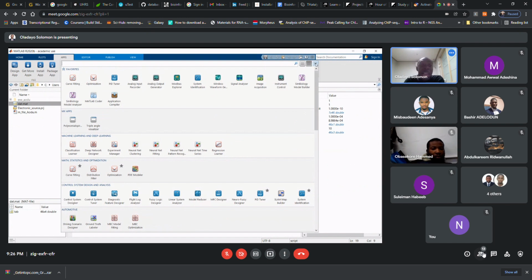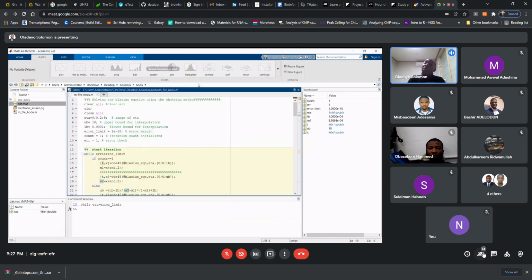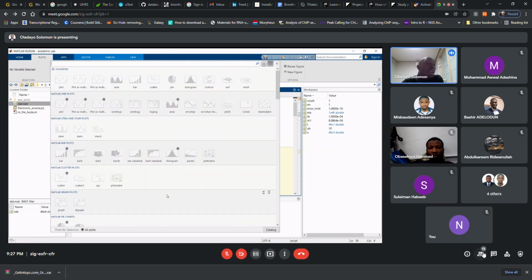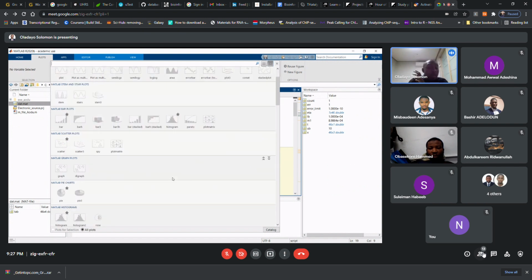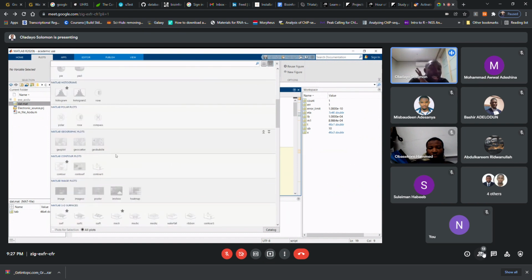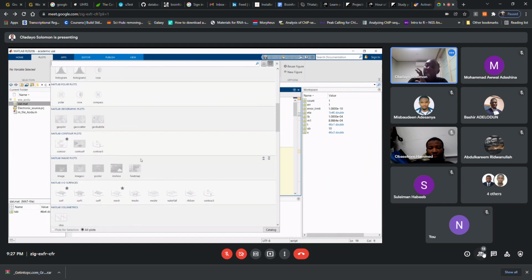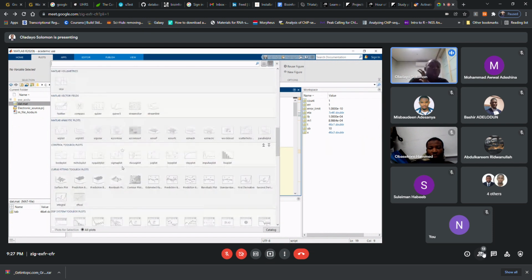Another thing we can do is create plots, just like we sometimes do in Excel. Once you have your data already in the workspace, you can generate any kind of plot in MATLAB without writing any code whatsoever. You can generate pie charts, histograms, scatter plots and graph plots, anything MATLAB is able to do. They have been provided here, and all you need to do is load your data and then apply it. But sometimes when you want to use some of these